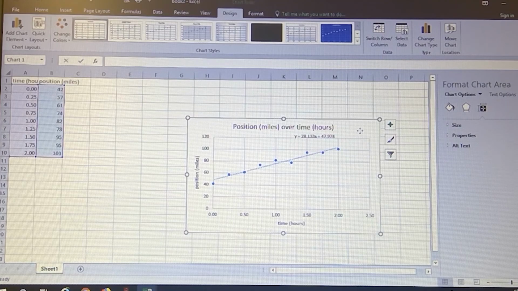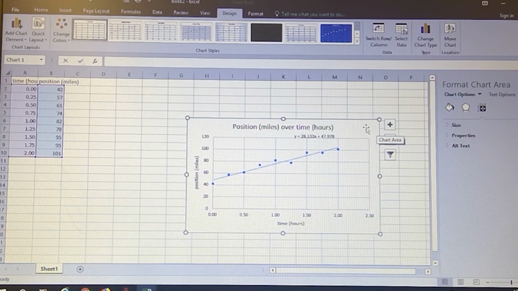And then they also wanted me to show you how to take your data from Excel and put it into a Word document. So that would be kind of like what you need to do to put it into your lab report. So you do Control-C to copy, or you can do